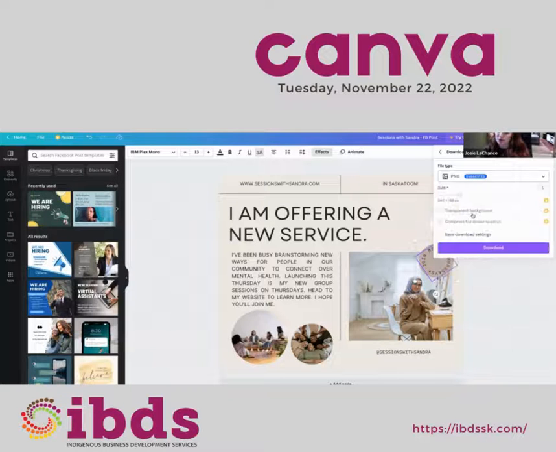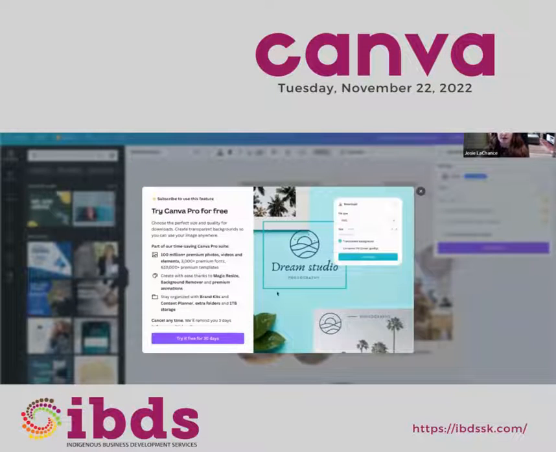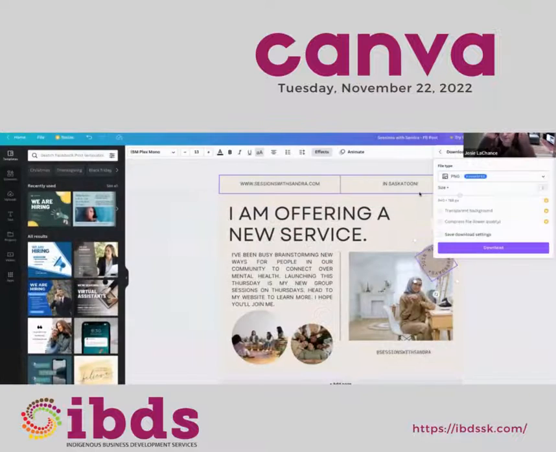And when you click PNG, you'll see here, these are the pixels that the image is going to save as. If this is something that you're really particular about and you're using this more for print, that's when the Pro version might be a better option, because I don't think this is much of an option. So you can't actually change the pixels or anything like that unless you have the paid version. So basically all I have is the option to download and change the file type.